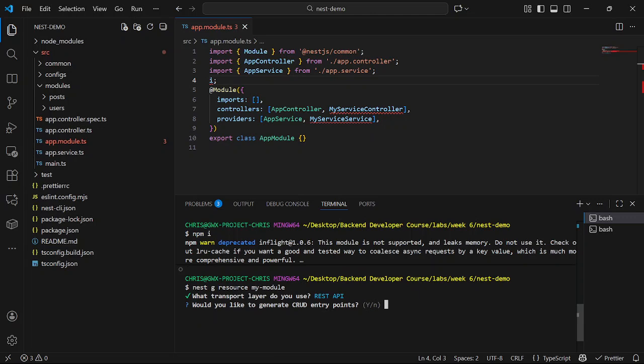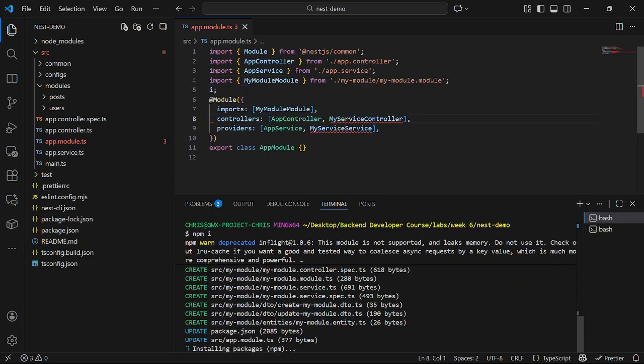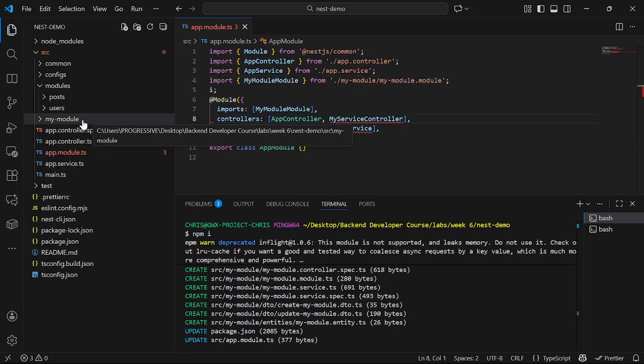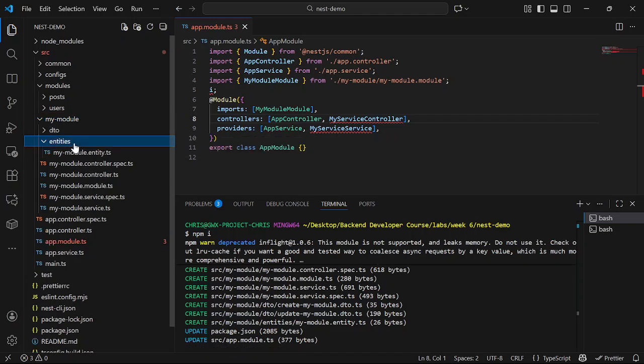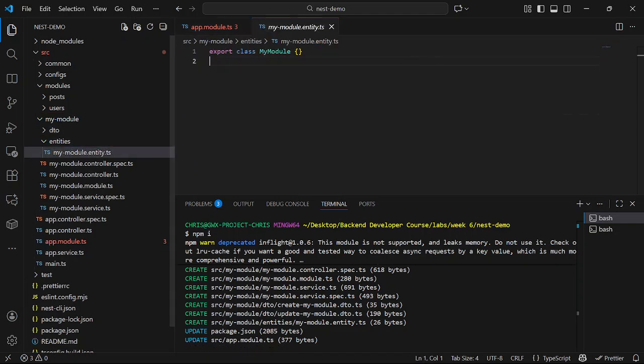Just going to create. Yeah. So I just created my module here. It created the DTOs and everything: entities, DTOs, controller, service, and the module and the test files. It's doing some installations here. So I'm going to delete them.